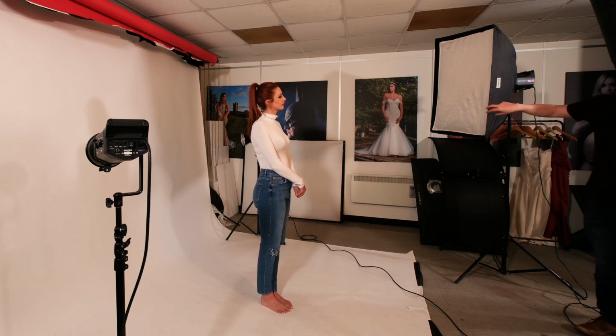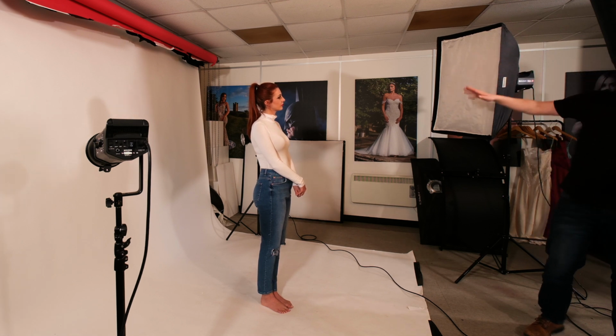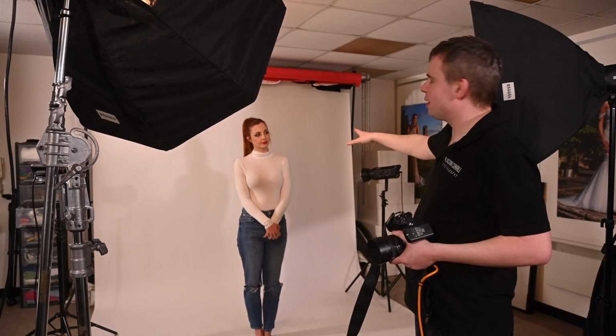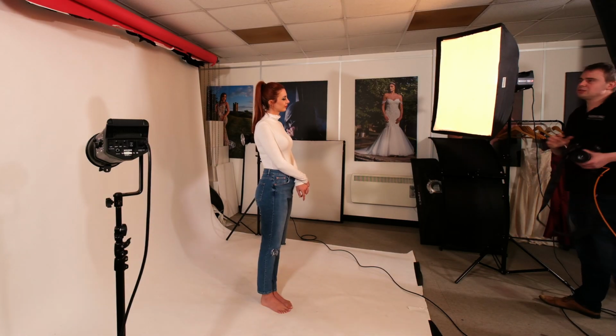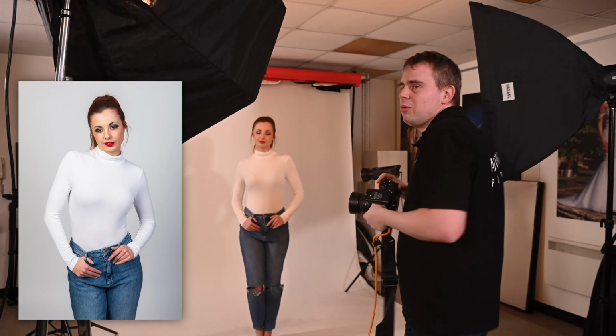So I've got another softbox here, which is just a square softbox. It's also 45 degrees to Hannah, so that's why these are both facing the same angle. And this is just going to fill in the shadow. Now it's not going to be on the same power, it's probably going to be one stop lower than this. If we still want to see the shadow, we just want to soften it a little bit. I'm just going to do a quick little test shot just to see if I need to turn it down at all. But what we are looking for is that shadow to be softened and the whites not to be